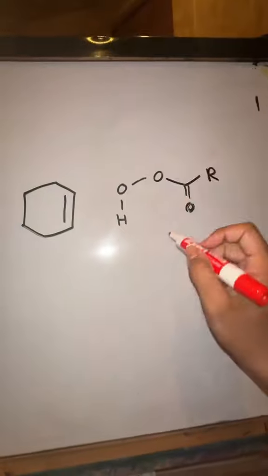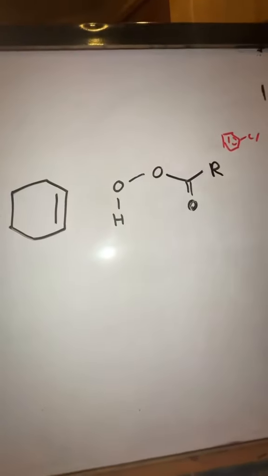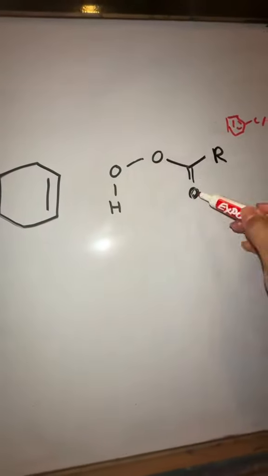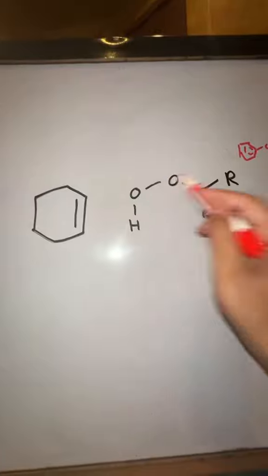Here's our alkene and here's our peroxy acid. It looks a little different, but I just oriented it differently. It's the same thing, however. This R group can be whatever. For the MCPBA it was this thing, right? The chlorine or benzene thing. But the main aspect is this part right here: we have the carbonyl with the OOH. And once again, this O to O bond is really weak,